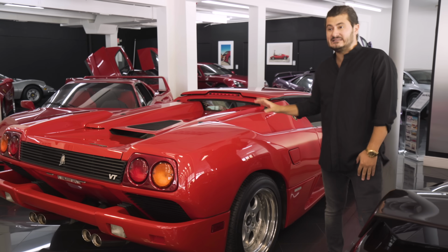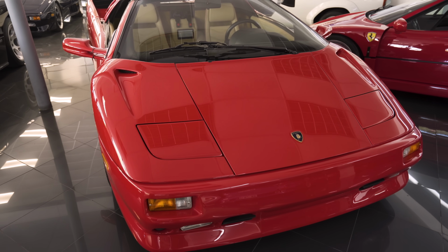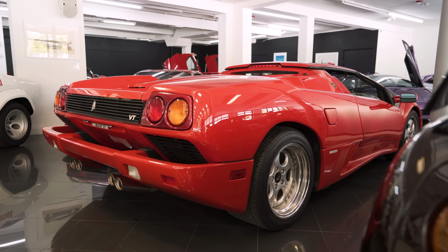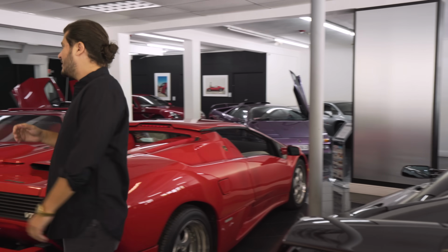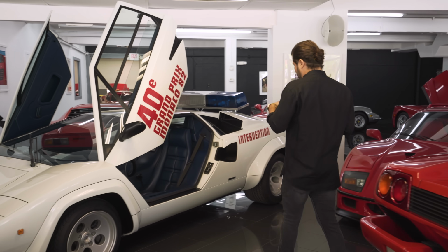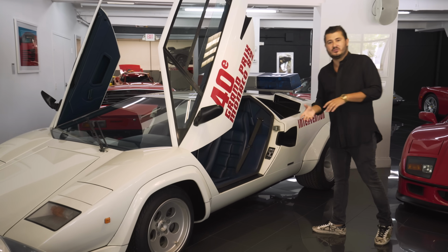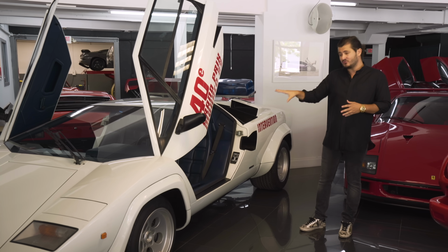1,200 original mile, 1996 Diablo Roadster. One of the lowest mileage I've seen for an early generation Diablo Roadster. These cars didn't have airbags. Very, very cool cars. One of the most special cars that we've had the opportunity to buy. We recently sold this to a big collector, very, very passionate guy who's got to actually drive and enjoy this